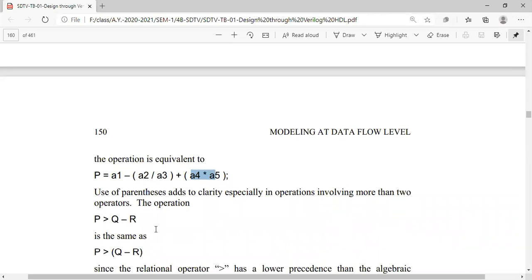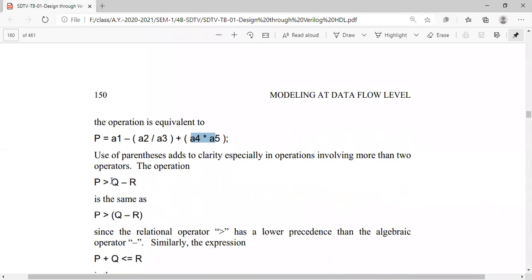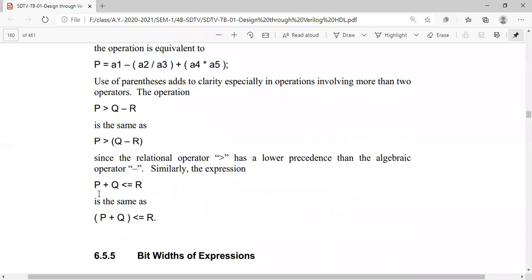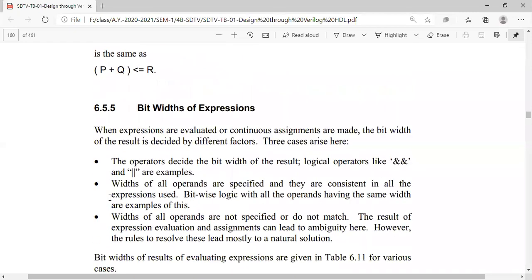So adding parentheses gives us clarity on which one has to be calculated, right? So here there is no ambiguity for us. There are no more variables. First we have to calculate q minus r, and then we get a value, and we have to compare that value with p, whether it is greater or not. Similarly, first we will add p plus q, and then we will identify its relational operation, greater than or lesser than, right? So this will help us to identify these topics.